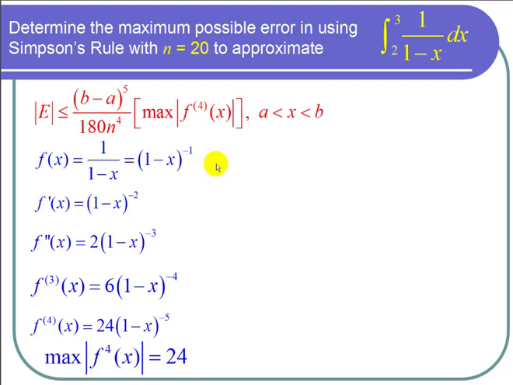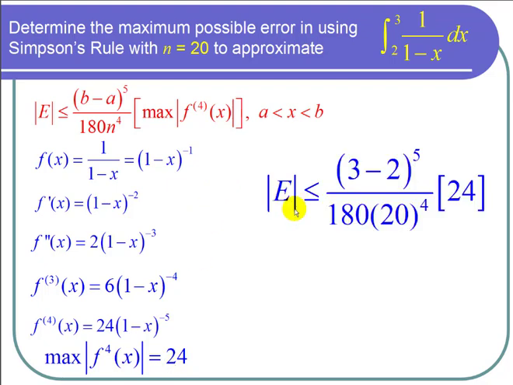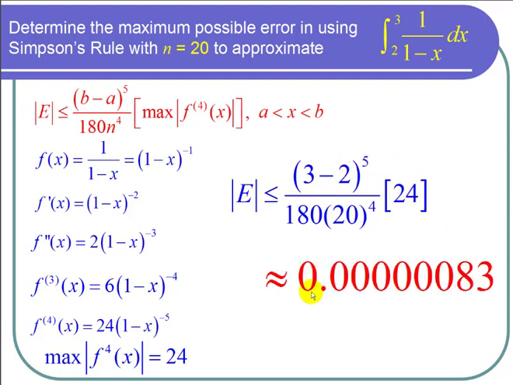Now we can plug in all our numbers. We get that the error is less than (b minus a), or 3 minus 2, to the fifth power, divided by 180 times n, or 20, to the fourth, times 24. So the last step is to just put this in a calculator, and what I got is